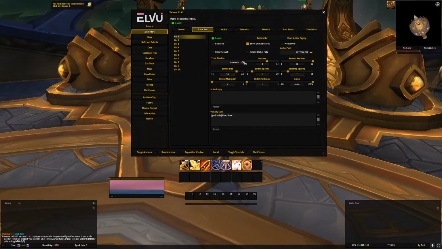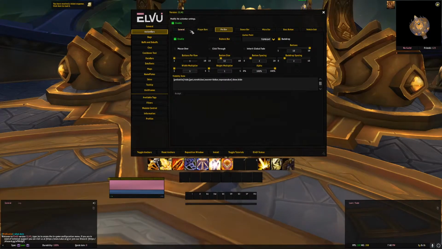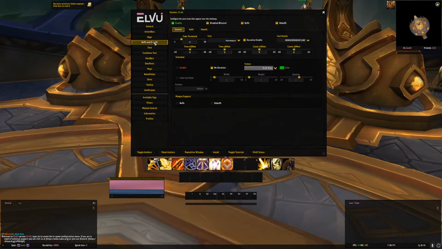So if I'm looking at bar 1, okay, I can increase how many buttons are in bar 1. I can increase the spacing. I can increase the size. I can increase width and height. Alright, so you can specifically look at those bars. You can do the same with your